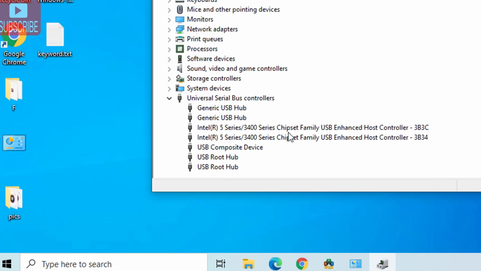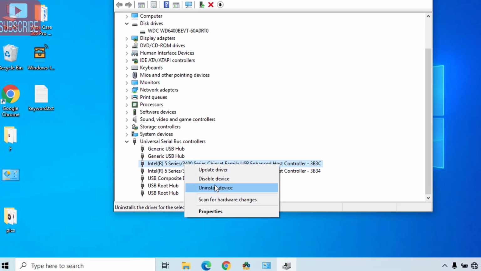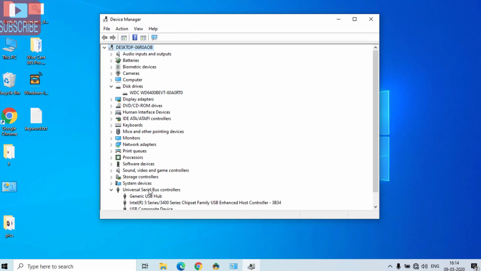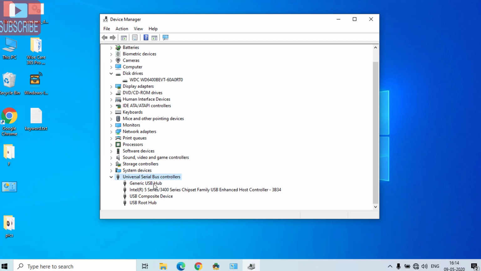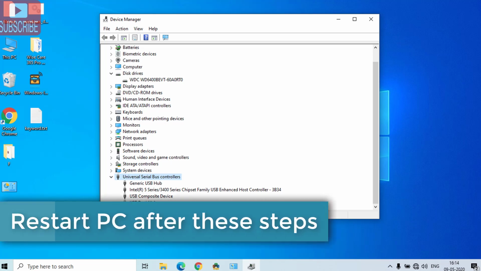One by one you need to uninstall each and every USB device. This one also, uninstall device. Whatever devices are available under Universal Serial Bus Controllers, you need to uninstall each and everything, and after that kindly restart your computer.